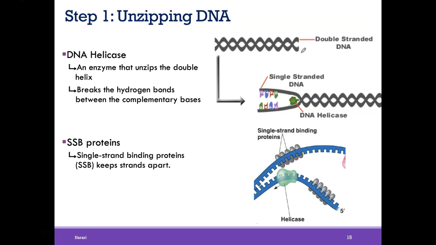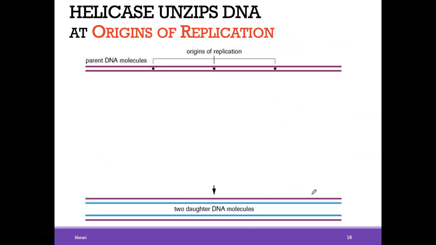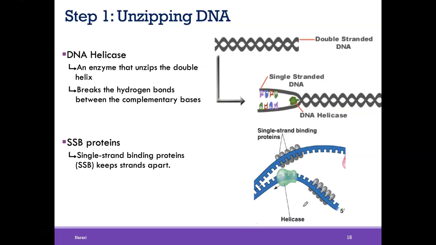Once those two DNA strands are separated, they're likely to come back together since they're attracted to each other. So we need these SSB proteins, or single strand binding proteins, to kind of act like clamps. They clamp on each single strand, they bind to each single strand, preventing them from coming back together. So now we open DNA. We used helicase and SSB proteins to open up the two strands of DNA so we can expose all the